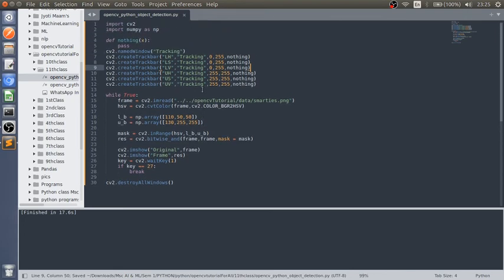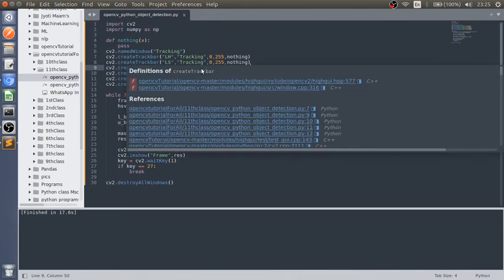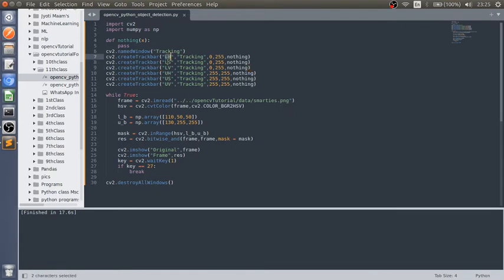Now, with the function getTrackbarPos, we have to fetch the values of all of these and pass them over here.